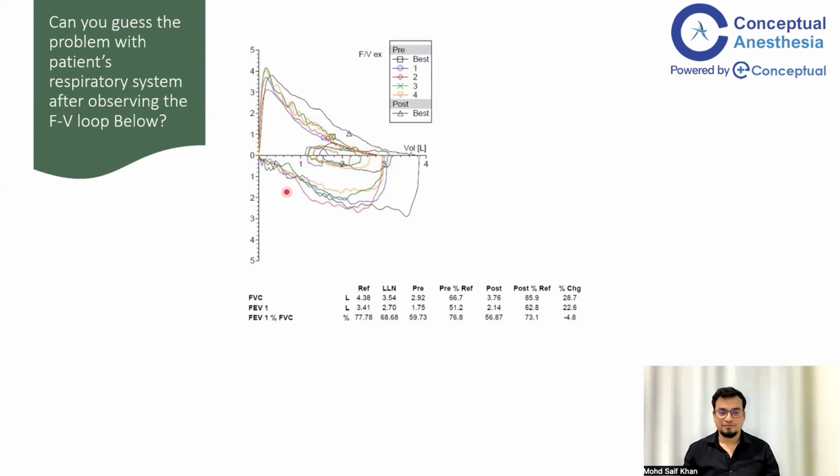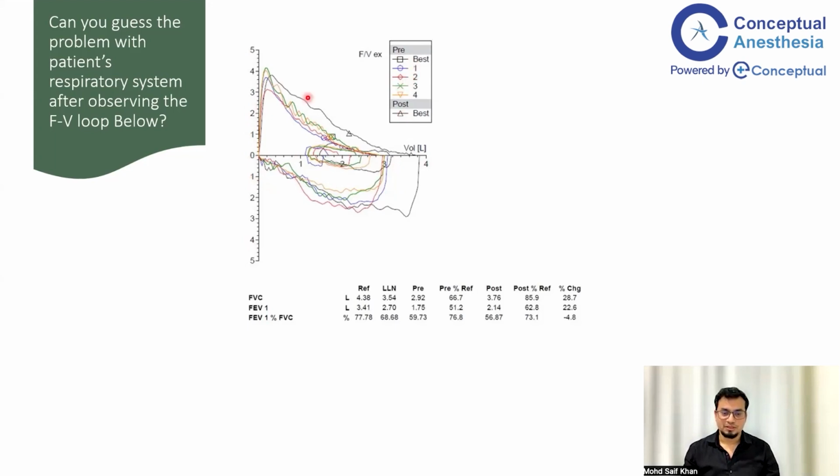As you know, this is a flow volume loop. On the y-axis there is the flow, and on the x-axis there is the volume. There are multiple curves, I mean loops, and there is a smaller loop inside also. So this looks quite complex for you, right? But if you look at the key here,